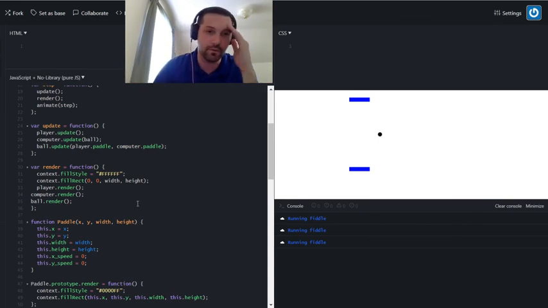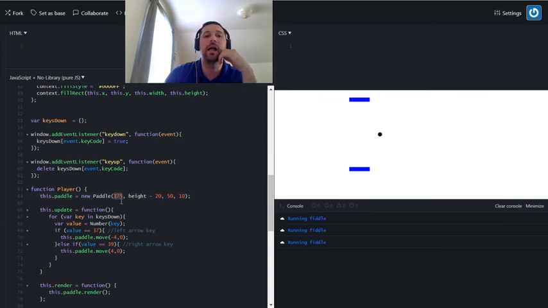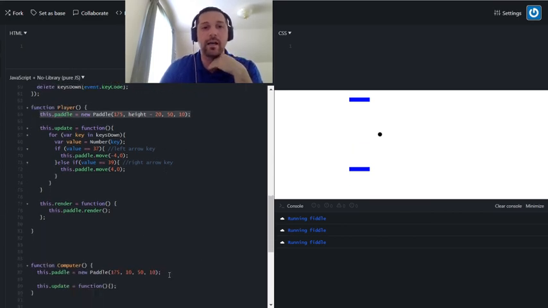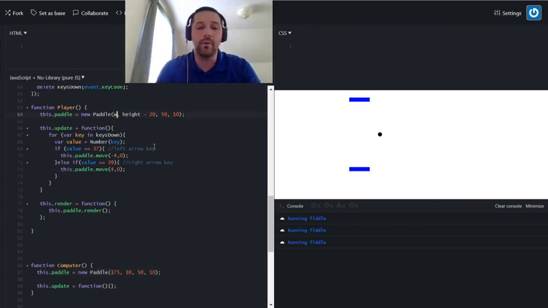Why have variables if we're not going to use them though? So I'm going to come on down in here, and we're just going to fix it for the new paddle, right here, and then copy it over into this one. There are certain things we need to do to make it in the middle, right? We need to go to the width divided by 2, but that will put this left corner in the very center, and we want the paddle centered in the center. So we actually need to do that with my width divided by 2